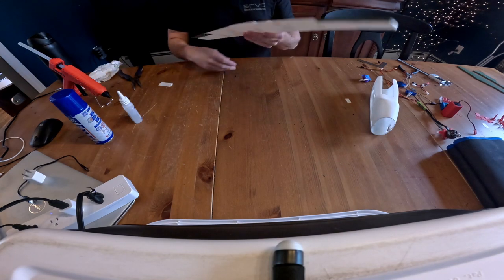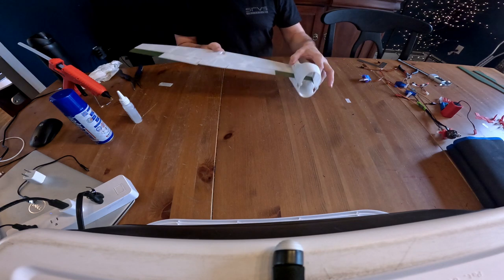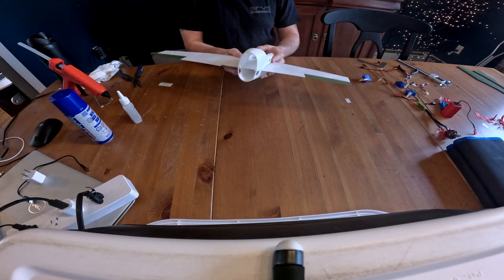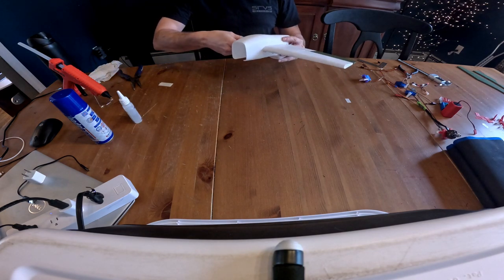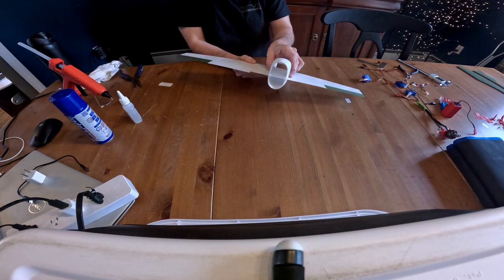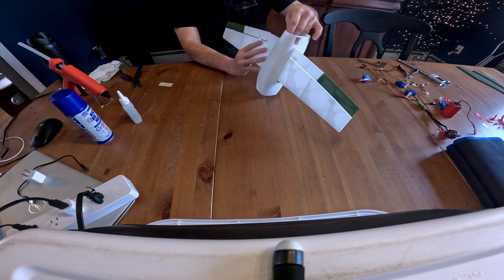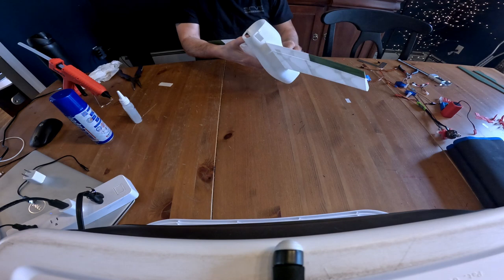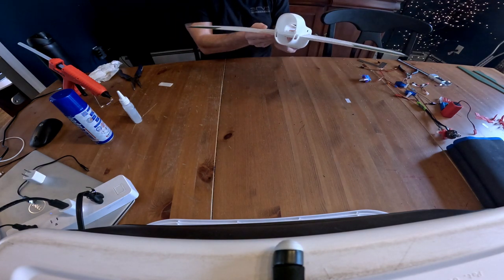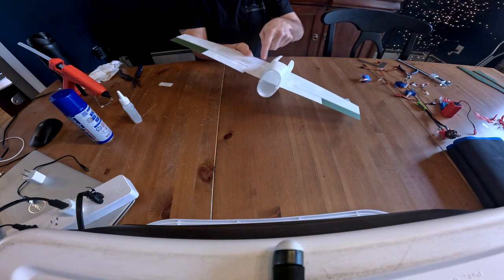All right, so now we are going to join the wing and the fuselage, and these two are just going to slide together like this. This part gets a little tricky because I kind of have a very low tolerance in between the fuselage and the wing, so just work slowly, carefully. It will go, I promise. So don't force it too much, but this is part of the reason why I was saying wipe the glue